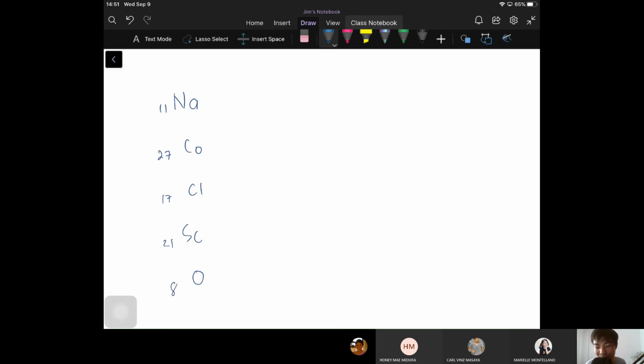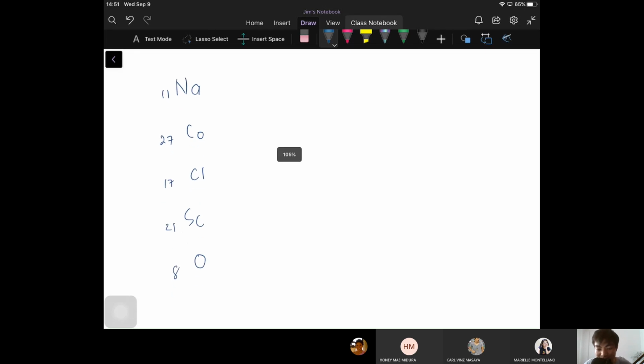Okay, so I have 5 elements. Our task here is to draw the orbital diagrams, no? That means I am going to represent the location of each electron, no? Sige, so I will begin with